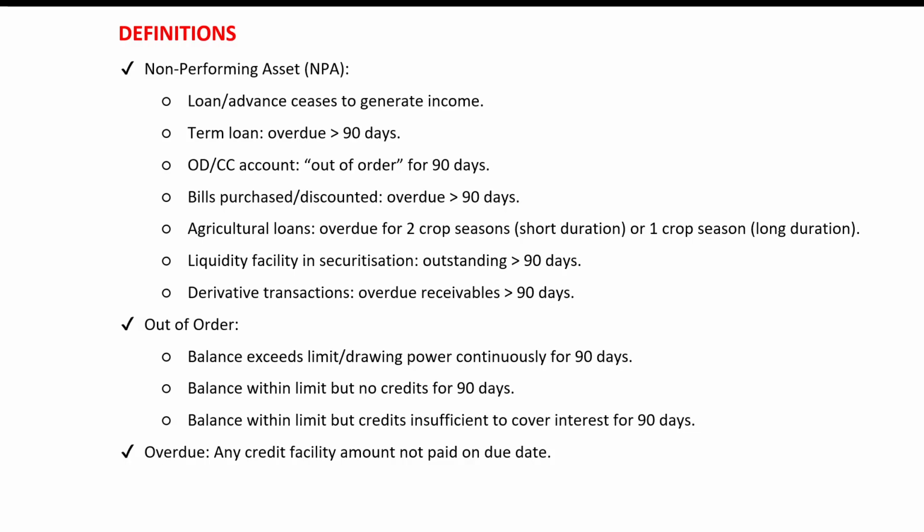Now let's understand what is a non-performing asset. So simply stating, an asset becomes a non-performing asset when it stops generating income for the bank. Now what is an asset? Asset in banking context means loans, advances, and leased assets. So for a bank, when the bank lends to someone, the bank earns interest. So a loan is an asset for the bank. And when it stops generating income for the bank, this means that the borrower has not paid interest or principal